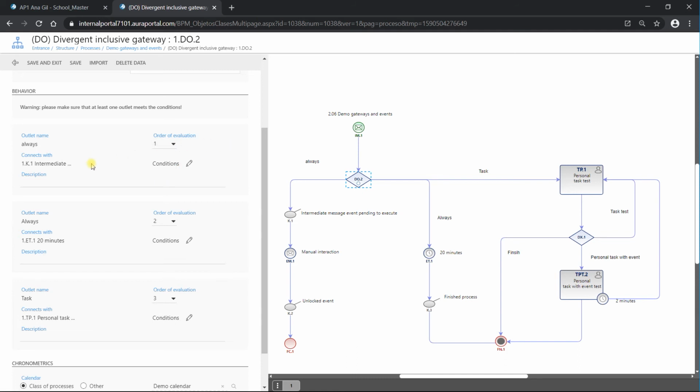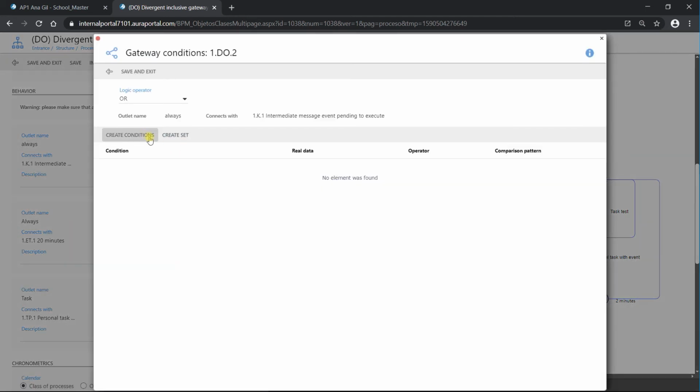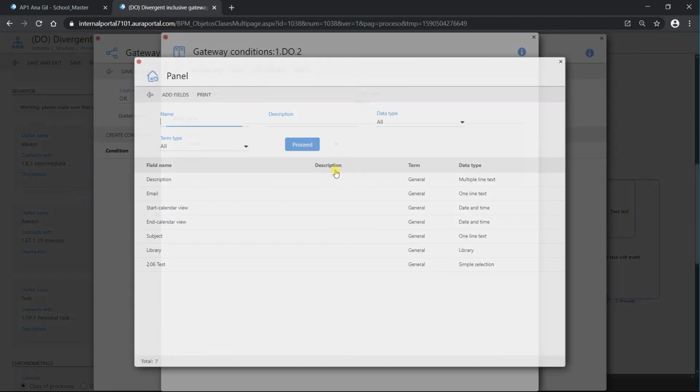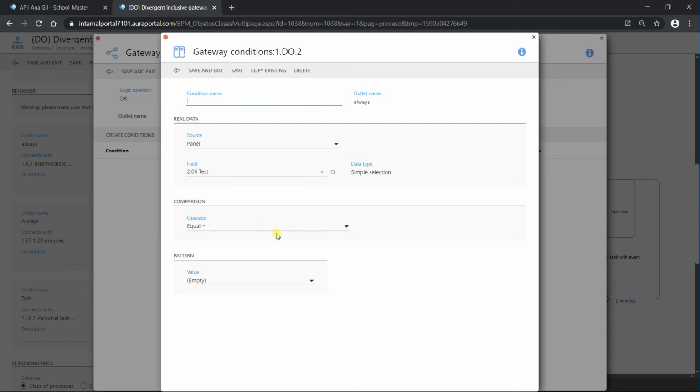So let's create the conditions now. We have the outlets always, always, and task. So if we go here, create conditions, we could add a name. If we have several conditions, it's quite handy, but as I'm gonna create only two, I'm not gonna add any names. So panel, the field is the simple selection term we just added to the form, and we need that when the value in here is task,